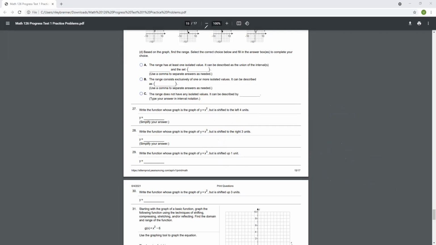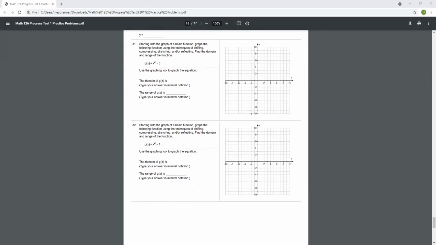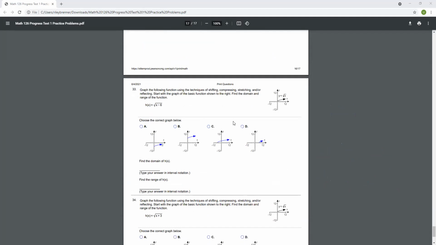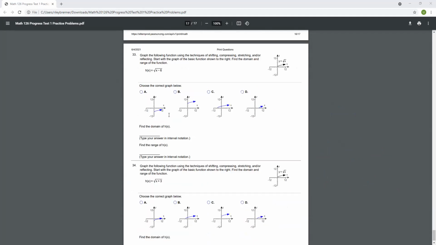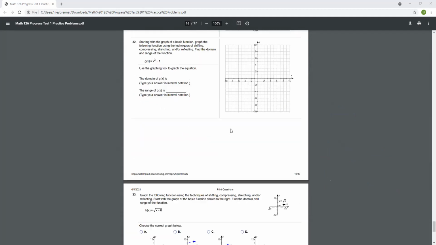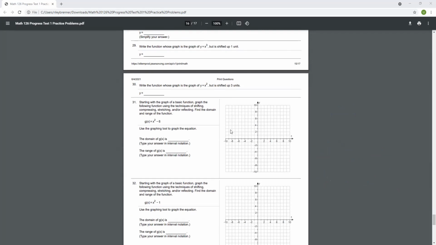And I think that's most of what's left on here, those shifts and associating what's going on here. I will point out that these are just shifts again. They're just shifts with square root functions. So I'll go ahead and do one of these. You know what? I'll talk about it, but